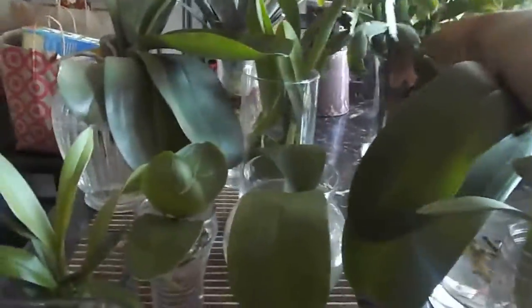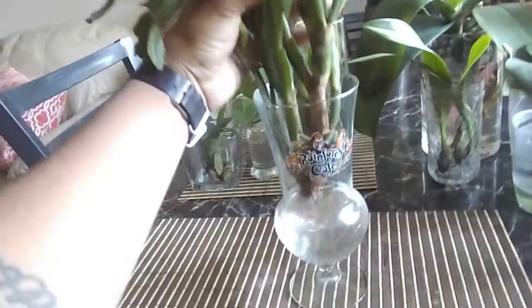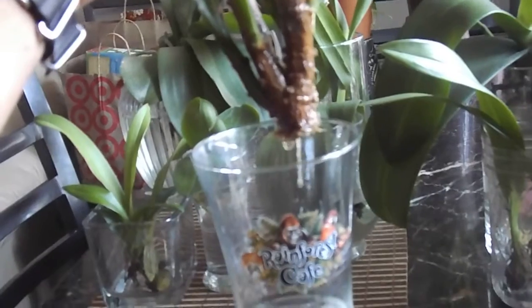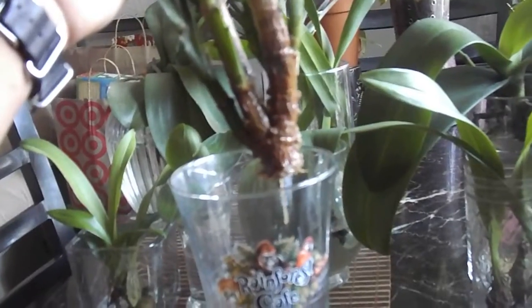And then two other plants that are actually in water culture that I tested out. This is not an orchid, but it's a Christmas cactus actually, and it grew roots for me. I don't know if you guys can see it there. Kind of. Sorry guys, it's hard to focus this camera. Anyways, yeah,